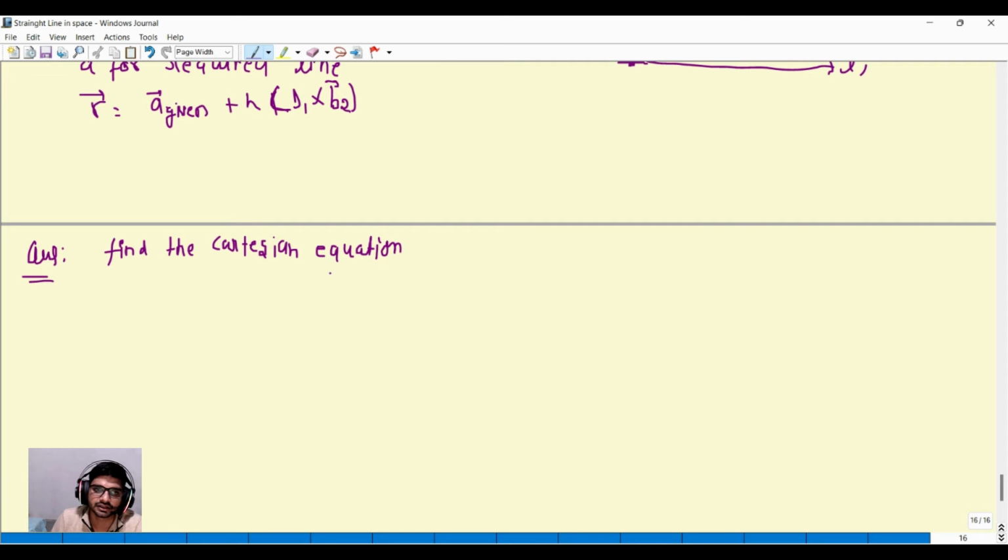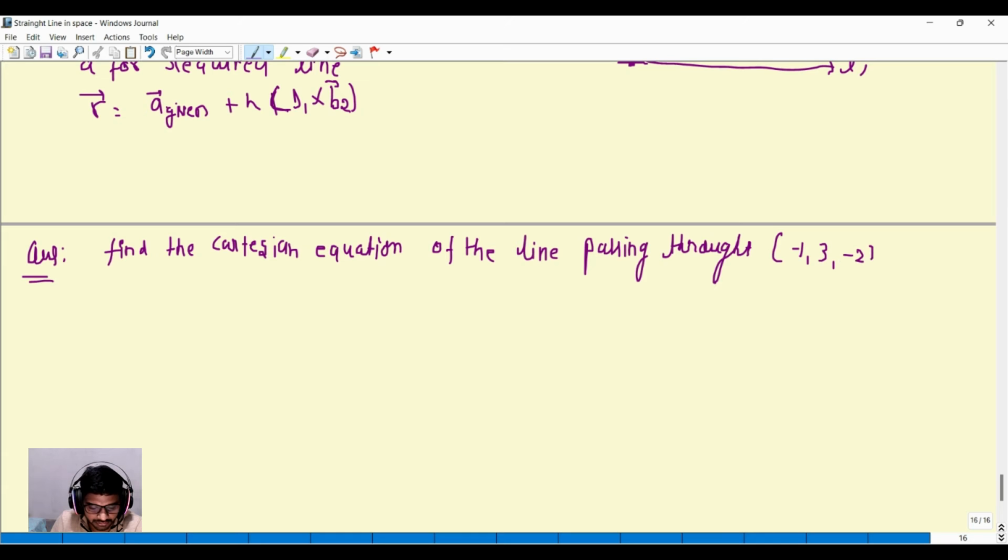In this question, they are asking about the Cartesian equation of the line passing through the point given by -1, 3 and -2, and